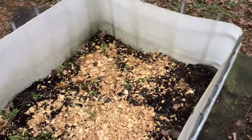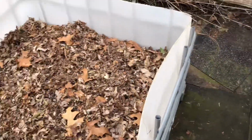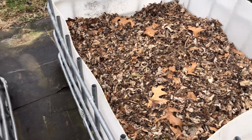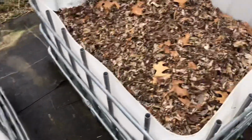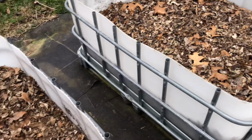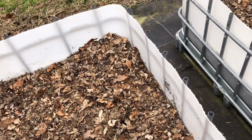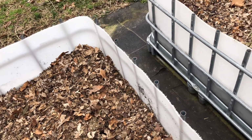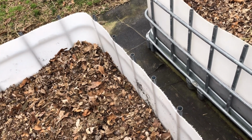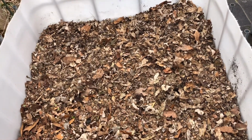And what I did, you'll see these shavings, I cleaned out a couple of nesting boxes from the chicken coop. Now, I did get some mowing done up front, so this is 1 bag of mulched leaves. And as I mow more, I'll put more back here. So all of these beds got, hope I'm not making you dizzy, a little bit of chicken manure, and you have to be careful if you're using it straight out of the chicken coop, because it is hot. What that means is it will really burn your plants quickly. So I think by just using a little bit and then putting the mulched leaves on top of it,